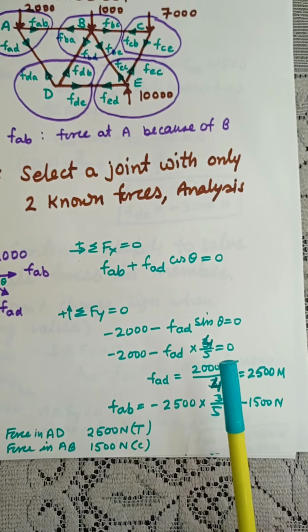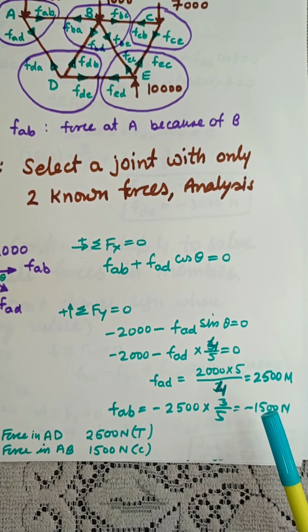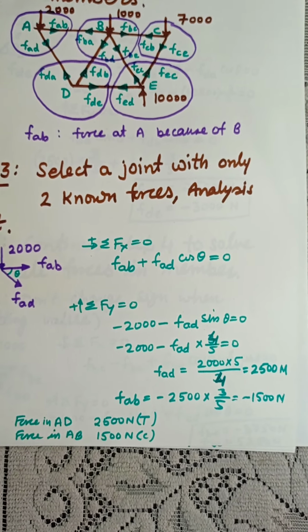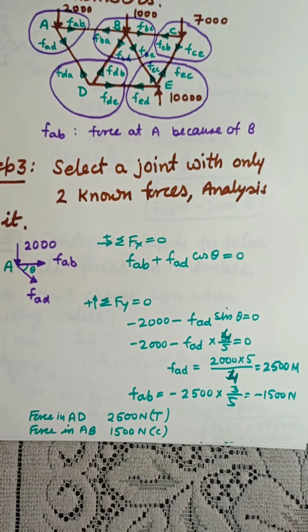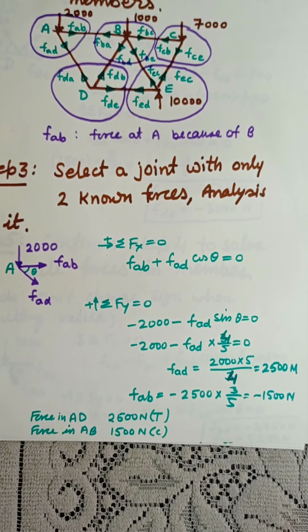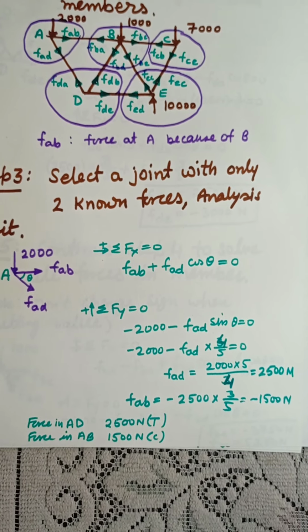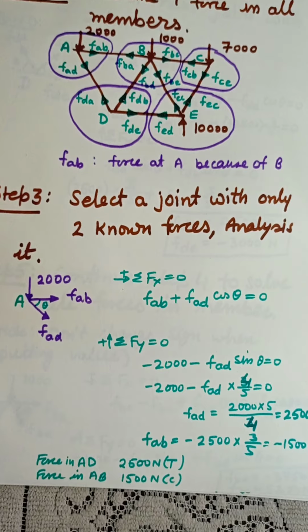Now remember this, that FAB and FAD may come out positive or negative. Positive means what we have assumed is right, that is, FAD is a tensile force. If FAB comes out negative, that means it is not a tensile force, it is a compressive force. So we have to take it with a negative sign. But whether it comes positive or negative, we have to carry forward the same sign throughout the question